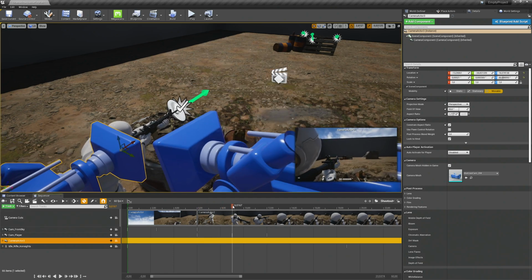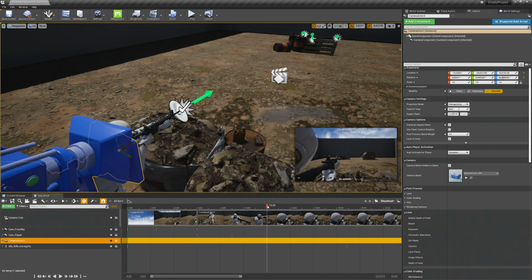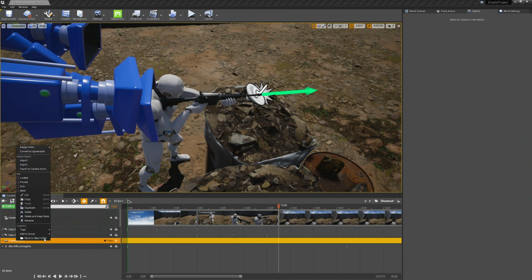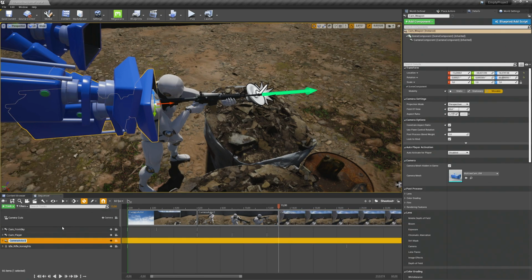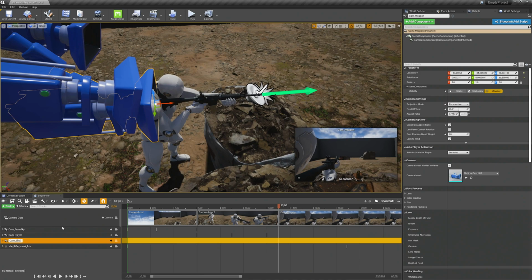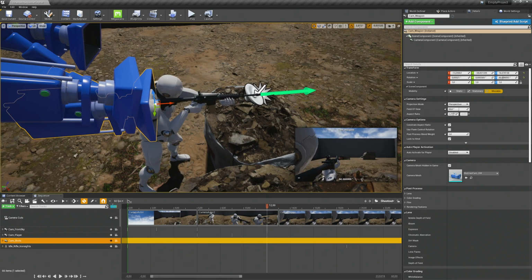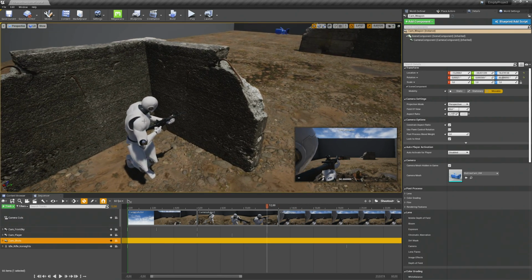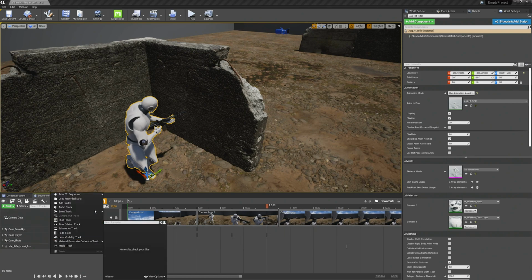So the shots will get fired about 13. So we will add a new camera cut with the camera actor 3 here. Let's quickly rename it as well to the cam shots camera. And then go back to the 12-second mark. And we will move over to our other soldier here and add it to our cutscene.